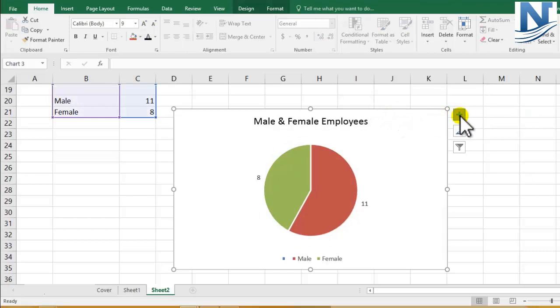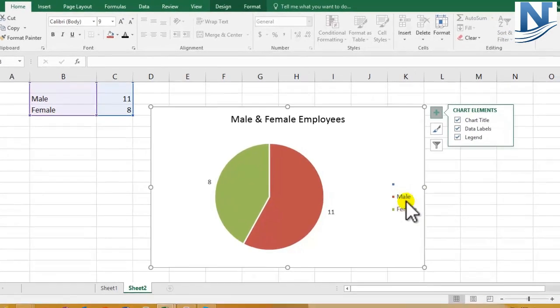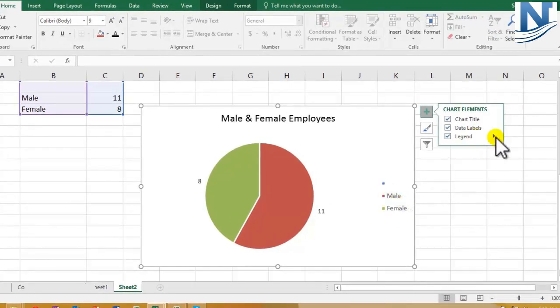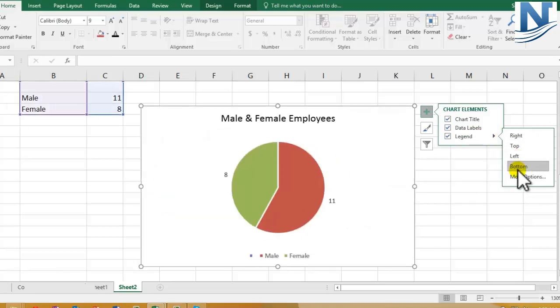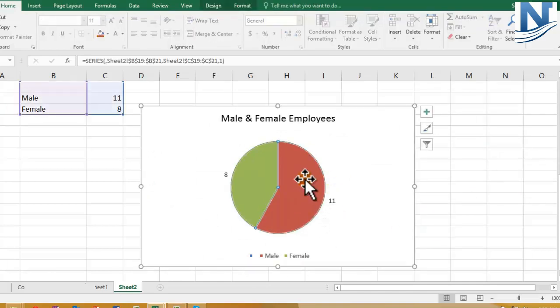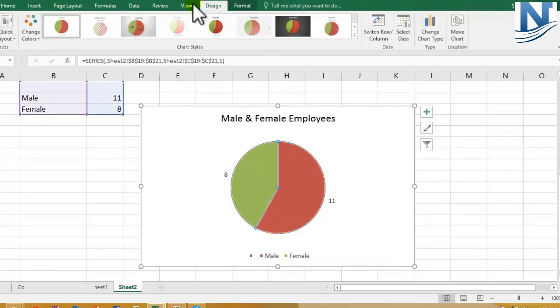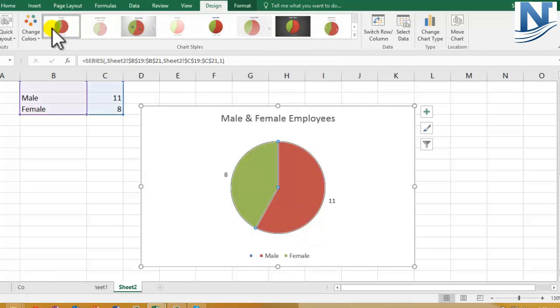Now legends was something which we were not aware of in the earlier chart. It was not absolutely clear, so I'll tell you what a legend is. If I click on legend, you can see male, female. So the series is now visible properly and the legend can be at the top, at the left, at the bottom. Let's keep it at the bottom. So the legend is also now done. And now you can use different designs for your chart. Like this is one design, then this is another design. You can use any design which you want for your chart. We are keeping it a simple one.